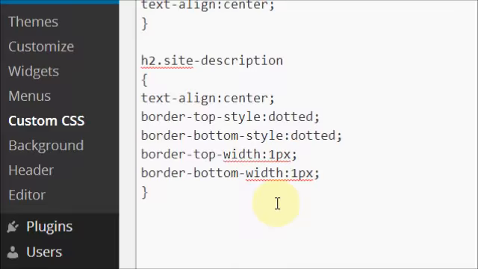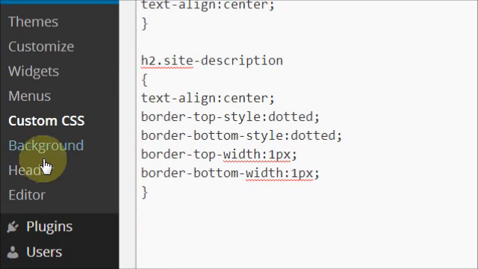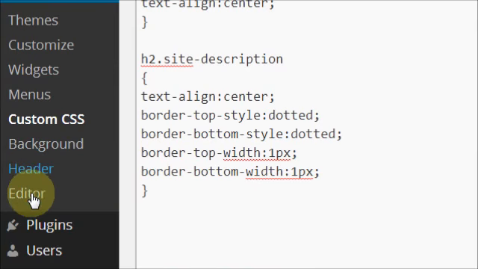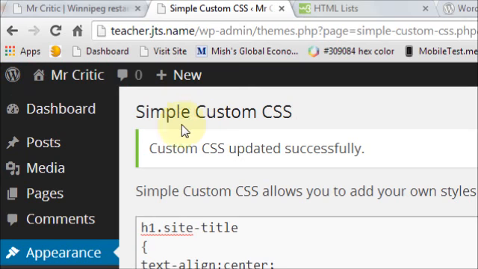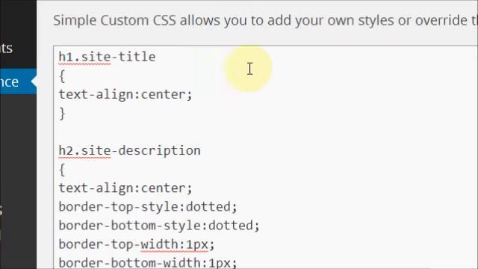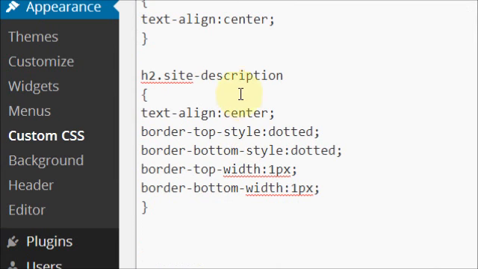The reason I installed the plugin is because if I went to the editor and the actual style.css page and made the changes there, and the theme was ever updated, you would lose all these changes. So you want to do it in this plugin so that you can keep your changes if the theme gets updated. So you install this plugin, Simple Custom CSS, and then the next thing you have to do is find the selector,